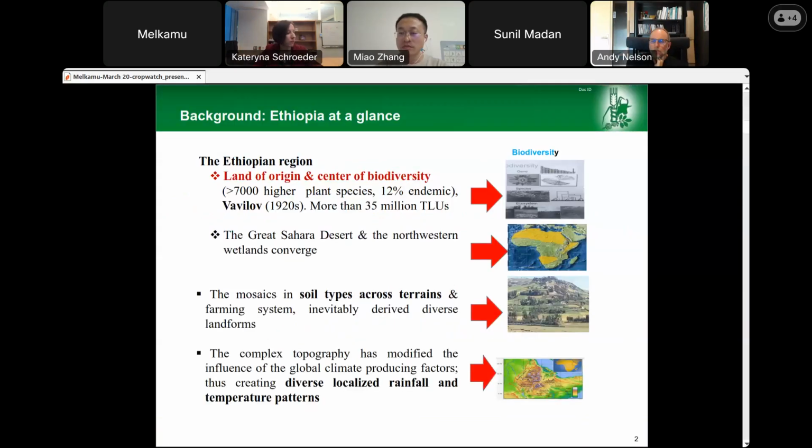As you know, Ethiopia has very fragmented land, and about 85% of the economy is based on agriculture, so it is a land of origin and a center of biodiversity, where 7,000 higher plant species are available and 12% are endemic. And as a whole,